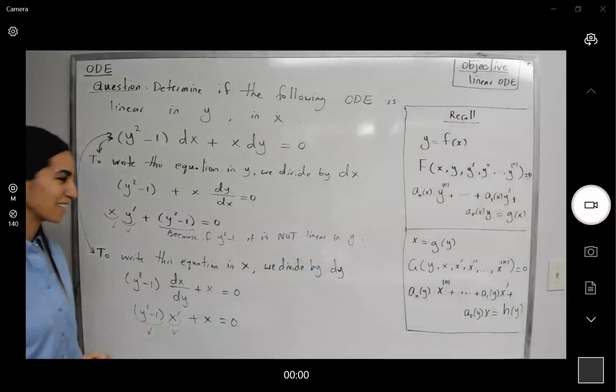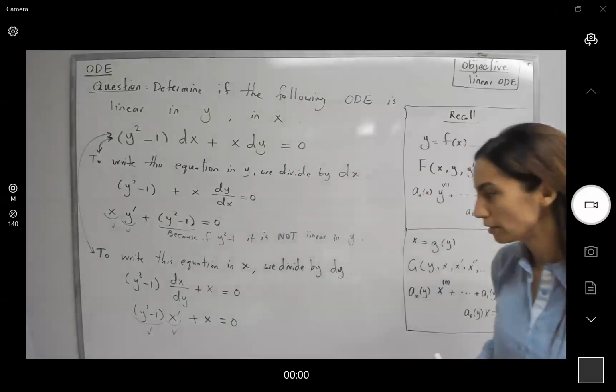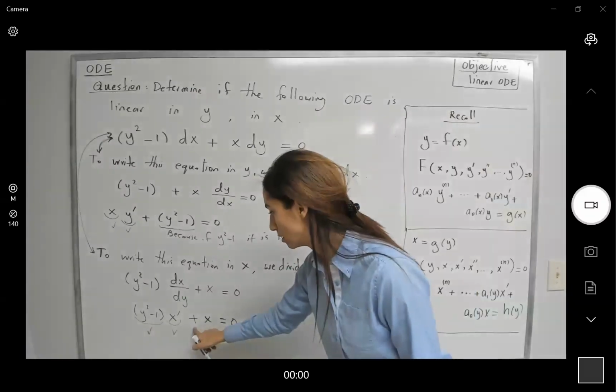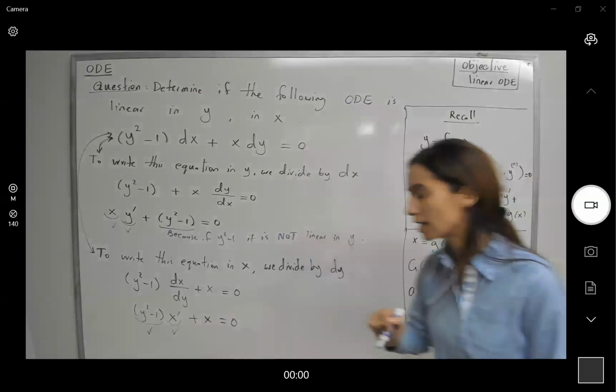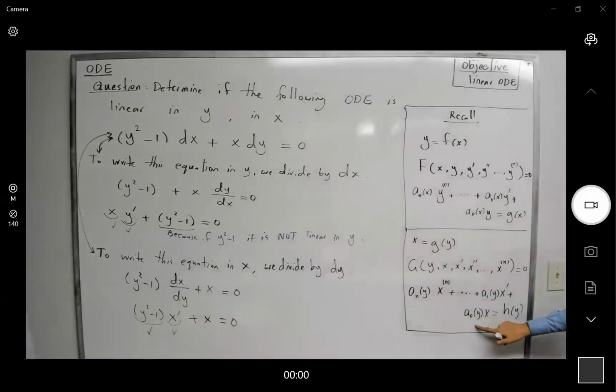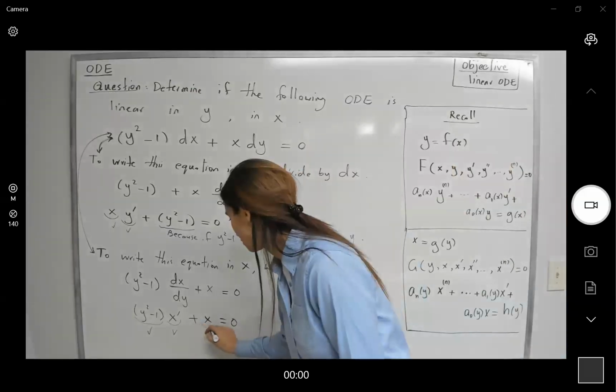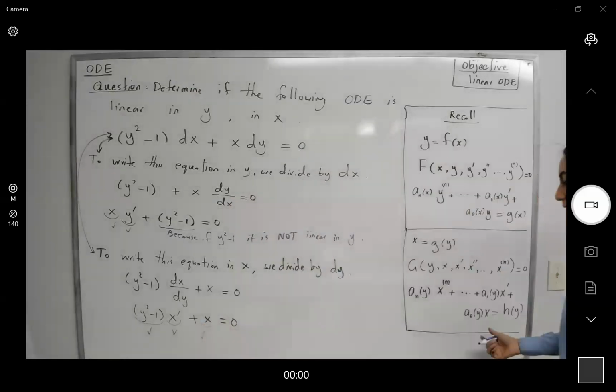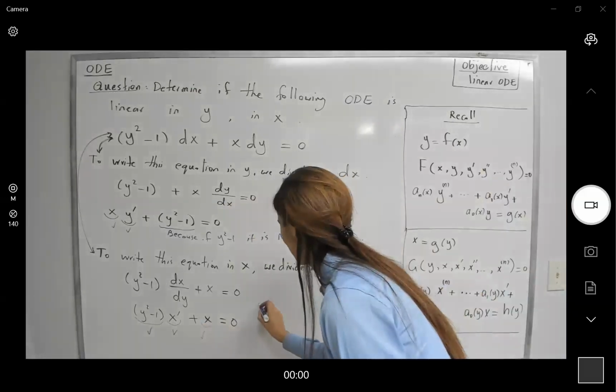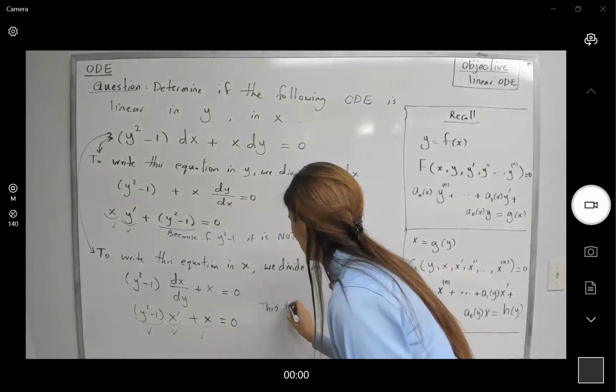There is no red flag here. And we have plus 1 times x, 1, a constant, times x, which satisfies the linearity of a differential equation in x. So this is linear